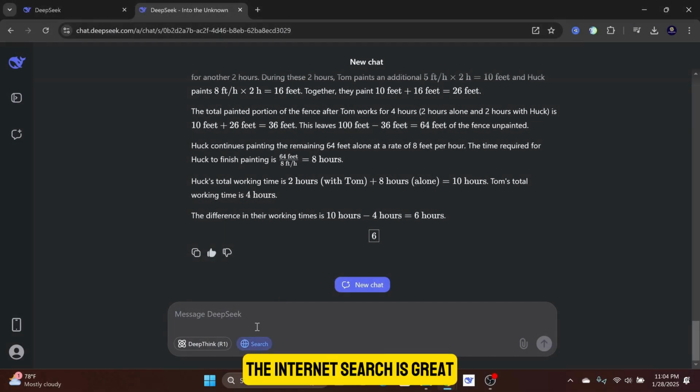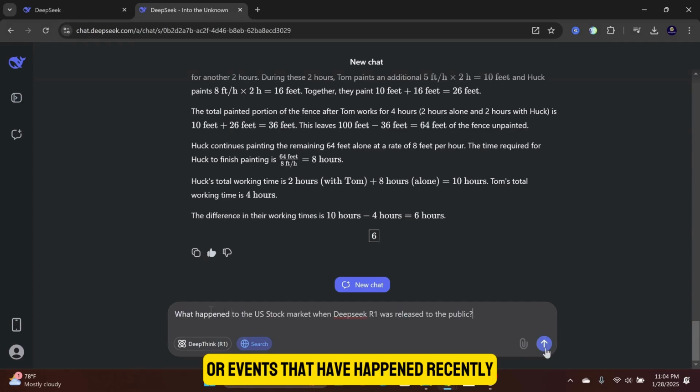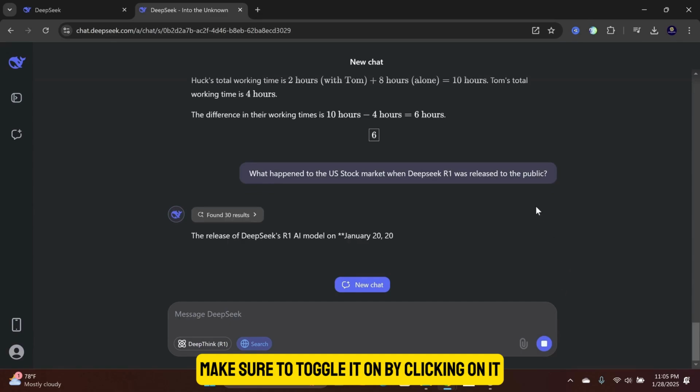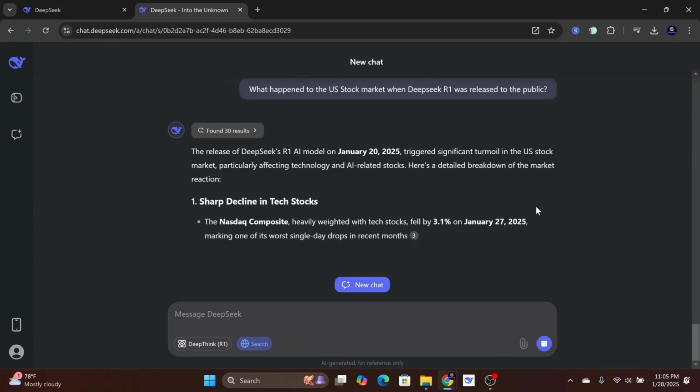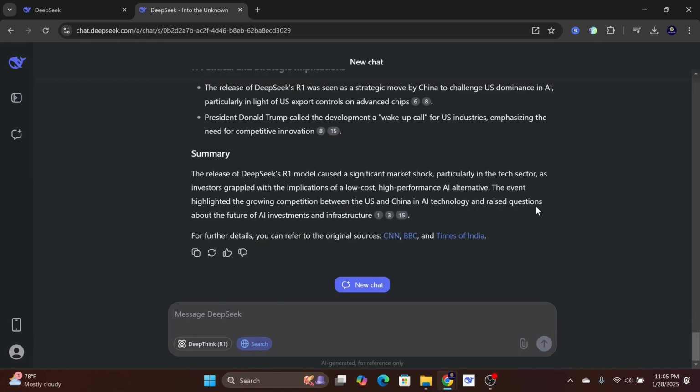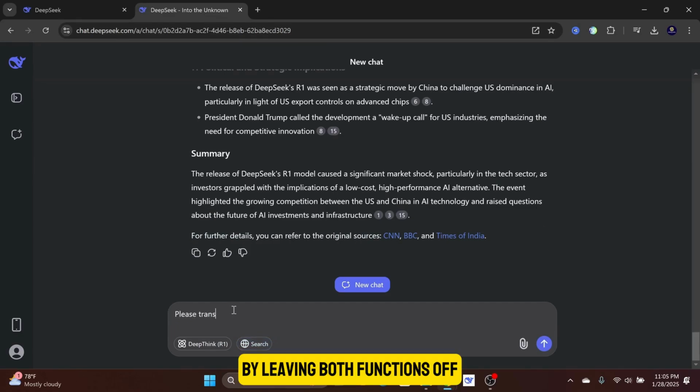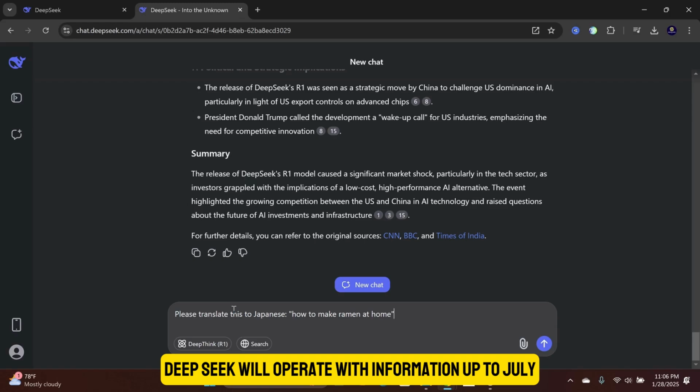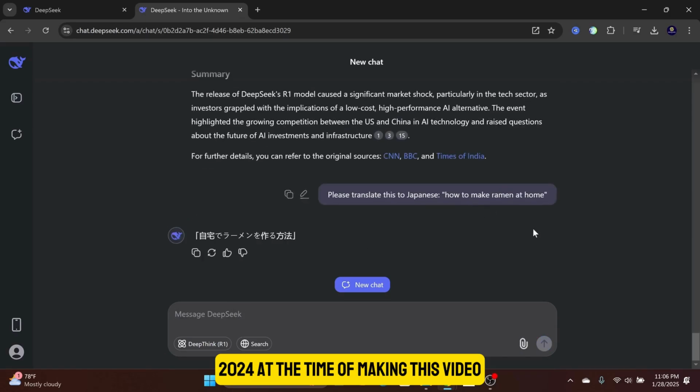The internet search is great for finding the latest news such as live matches or events that have happened recently. Make sure to toggle it on by clicking on it before entering your prompt. By leaving both functions off, Deepseek will operate with information up to July 2024 at the time of making this